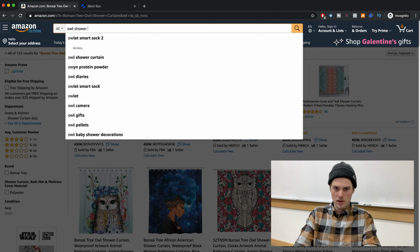Okay, so now we've got a page of owl shower curtains. That's a pretty niche, honed-in product, and we could start to look at some data and see what that looks like on here. I'm not going to do that quite yet. We are going to do that, but just real fast, if you wanted to bring in a different search, you could go like this and just pick a different category now. Let's say kitchen and dining. Come over here, click search,